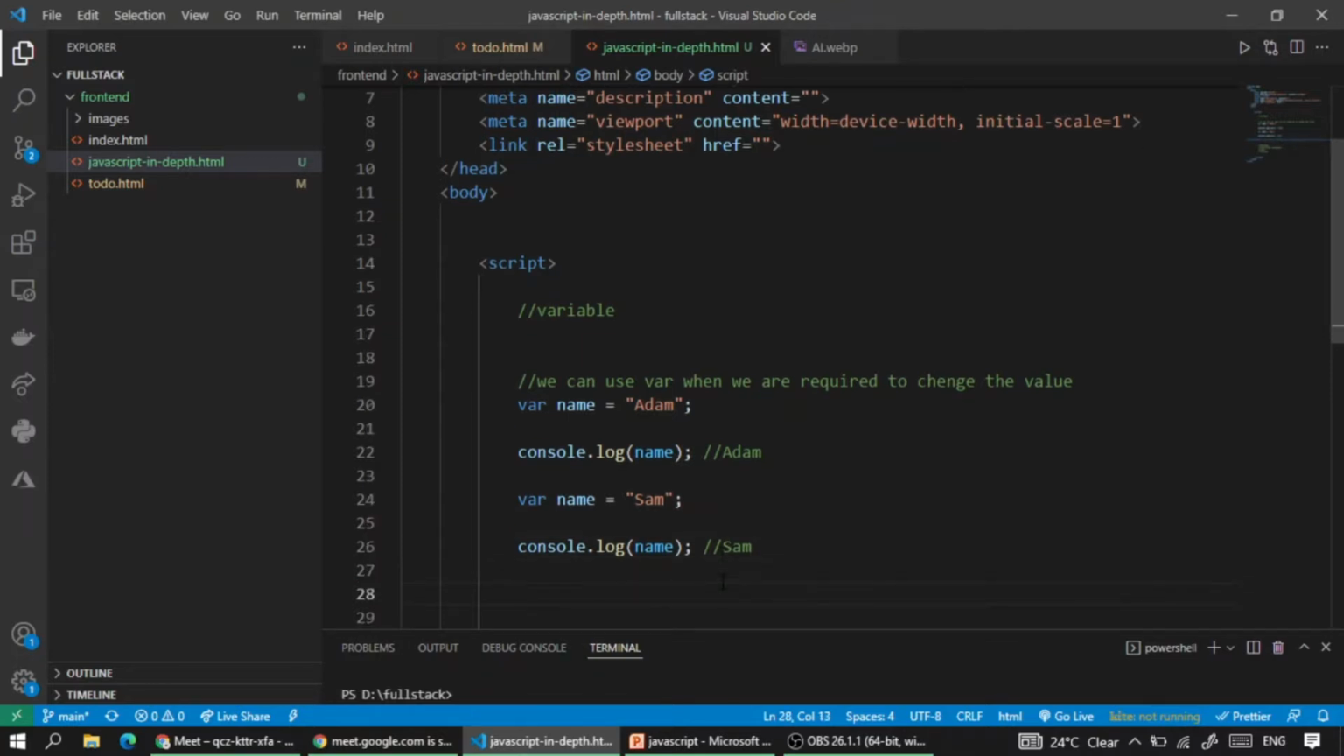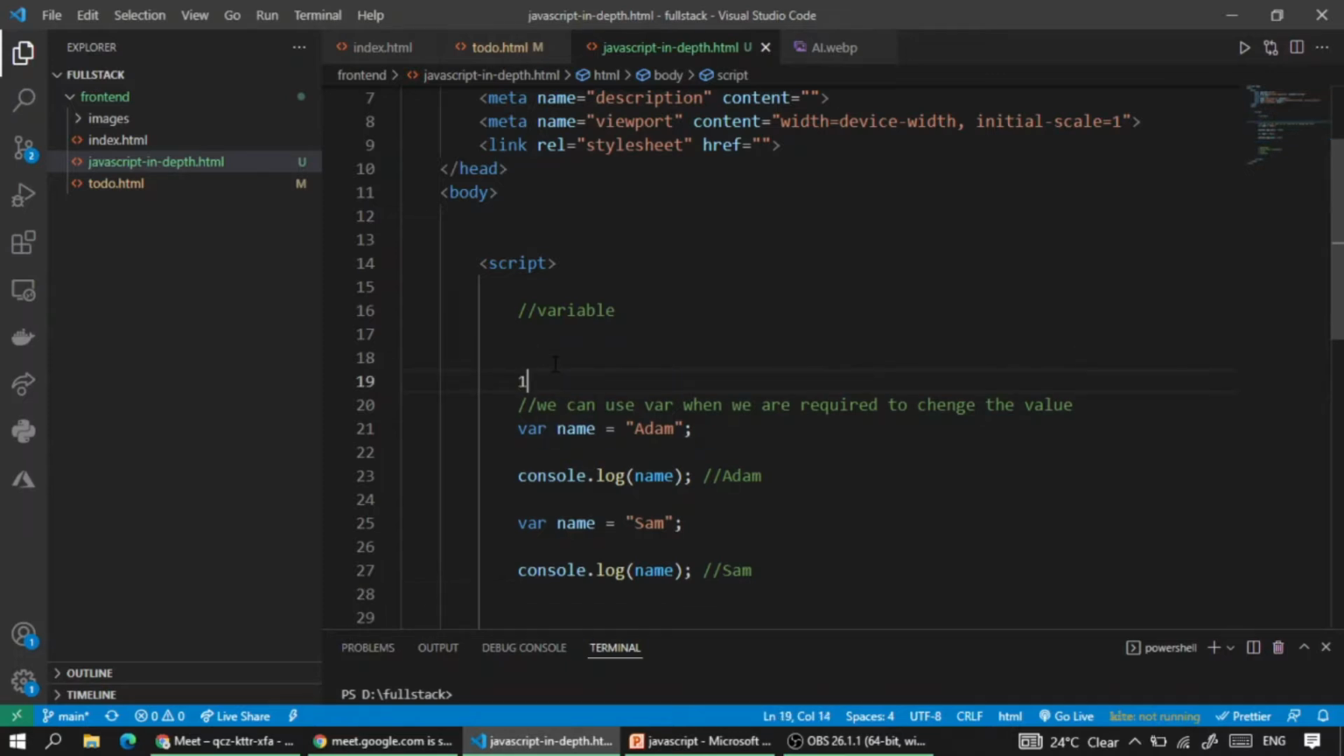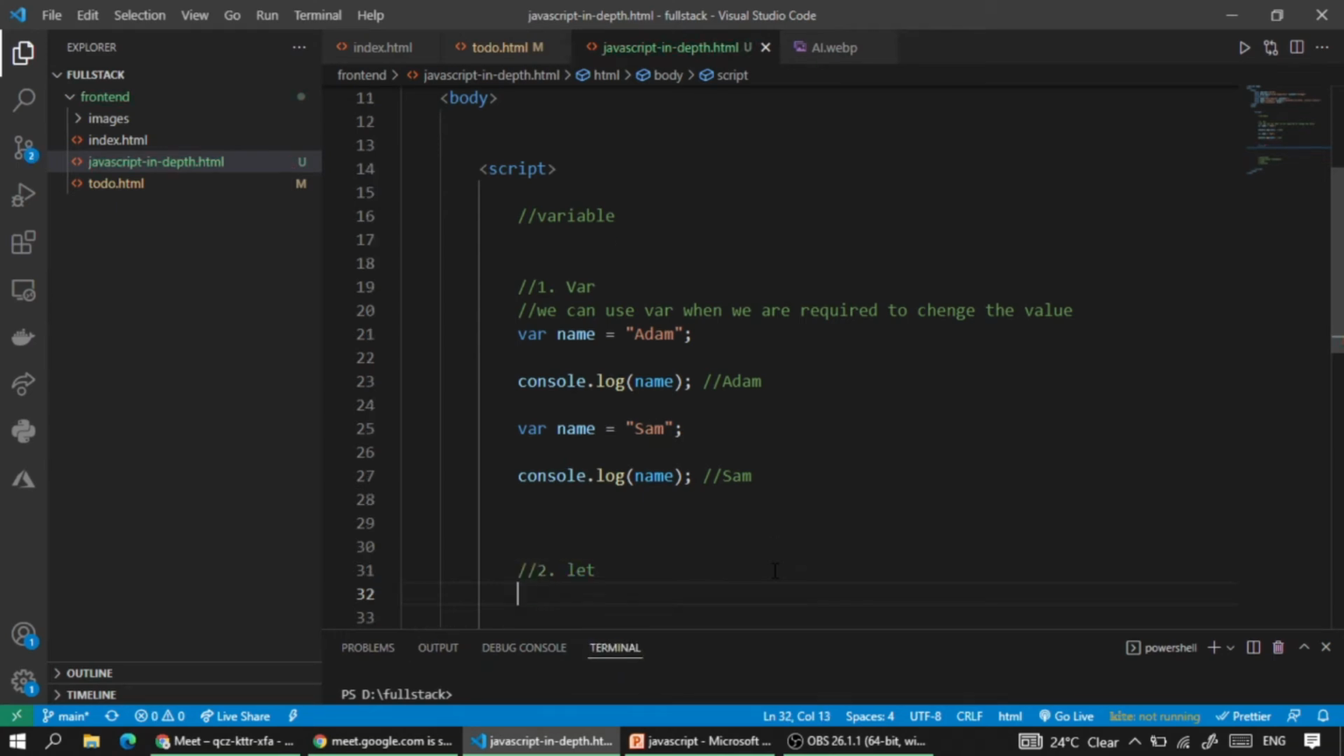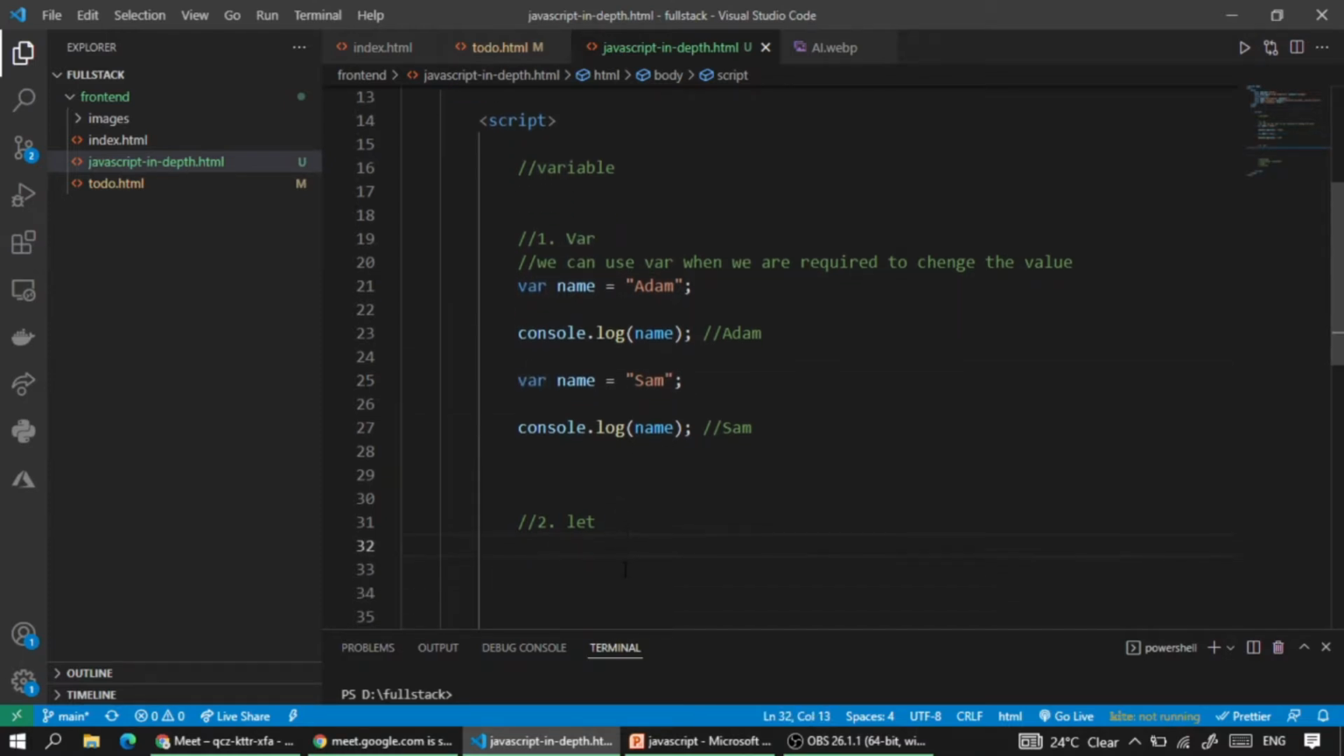So another way of defining a variable: the first one is var. We need to remember these three things, var. Second one is let. The thing with let is we can define any variable with a name only one time in the program. We cannot again define it like this. So the var keyword I'm using twice, but for let I cannot define the same name twice. So let